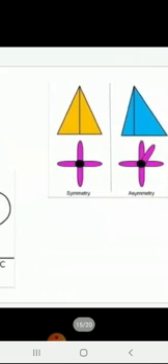See, some more examples are there. Now see this triangle and this triangle. Here both the triangular shapes are different. For this triangle, if we draw a line of symmetry, then we are getting a symmetrical shape. For this, if we draw, both the parts are different. Here we are not getting both equal parts. So we will say there is no line of symmetry for this triangle.